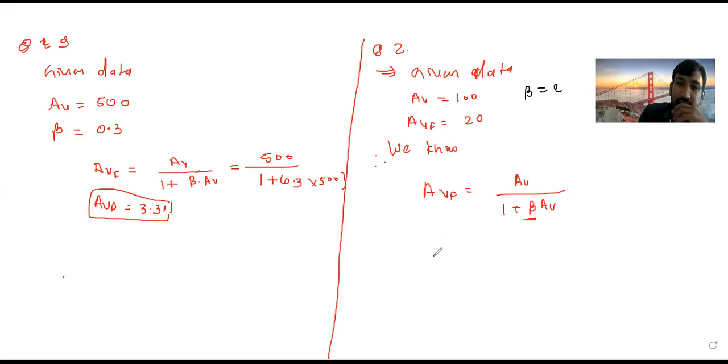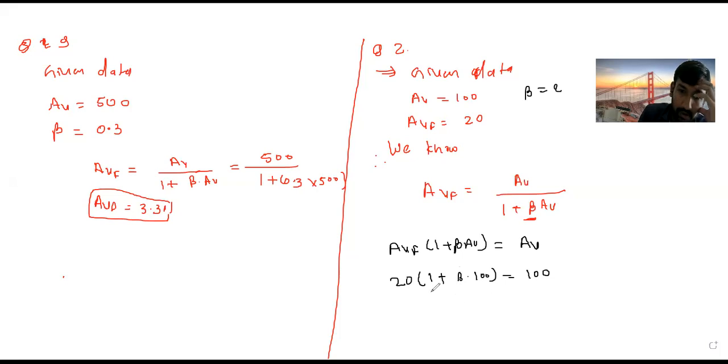How do we rearrange? AVF into 1 plus beta AV, rearrange, equal to AV. AVF into 1 plus beta AV is equal to AV, right? So now put that value. AV is 21 plus beta. What we have to calculate is beta, right? So beta kept as it is, into 100 is equal to